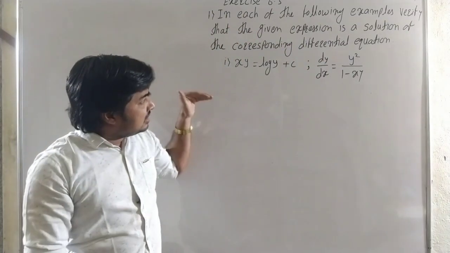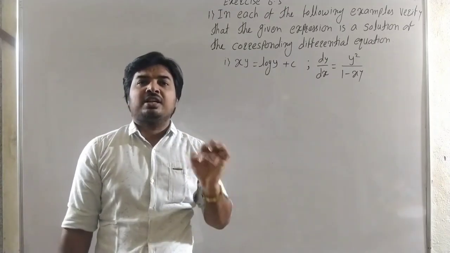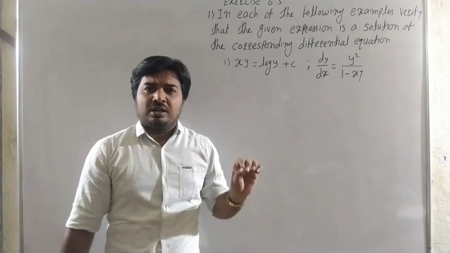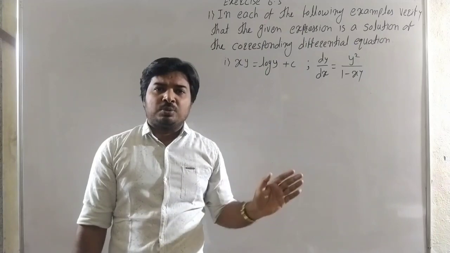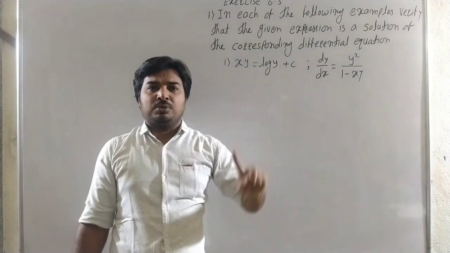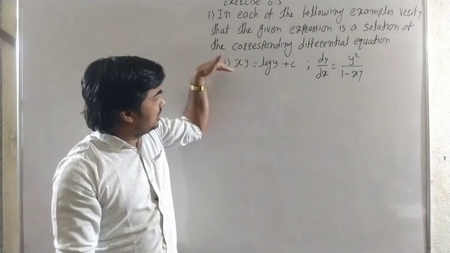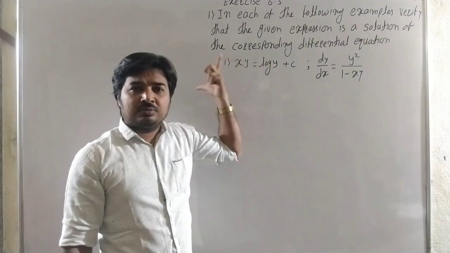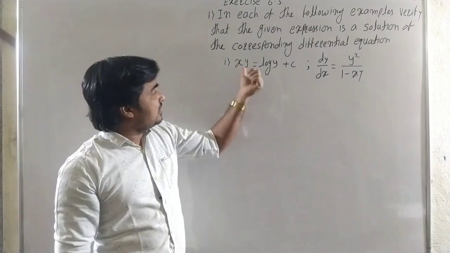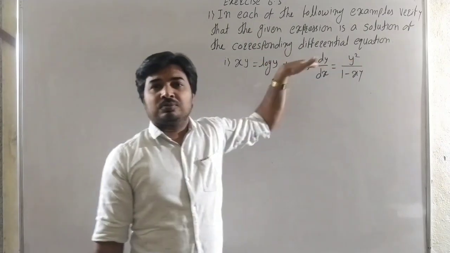Such types of examples we have already learned in our chapter on differentiation, in the second order derivative or in the first order derivative. For the implicit function and the second order derivative, if the differential equation is of order 2, we already learned such examples in second order derivative. And here it is an implicit function. In differentiation, a question is asked like, if xy equals log y plus c, then show that this holds.